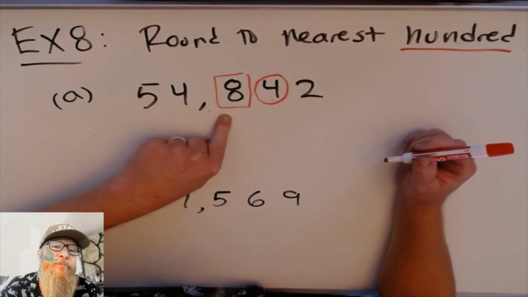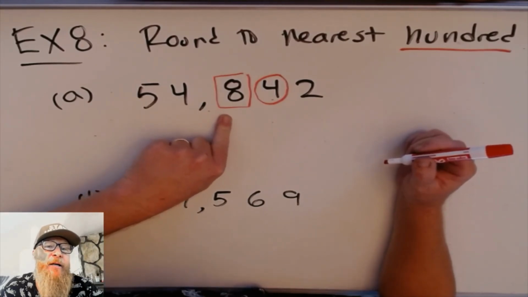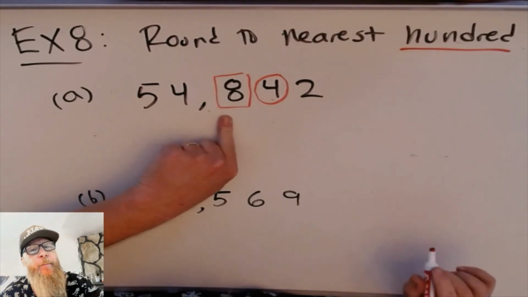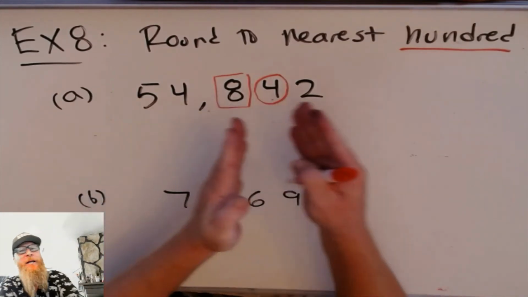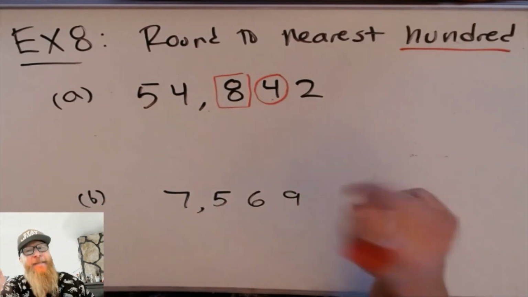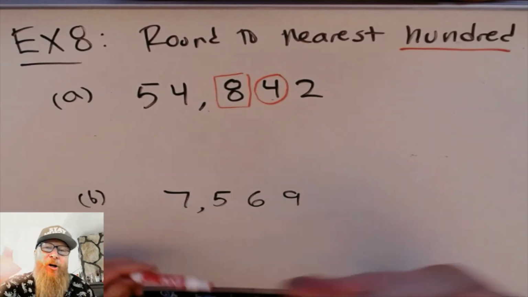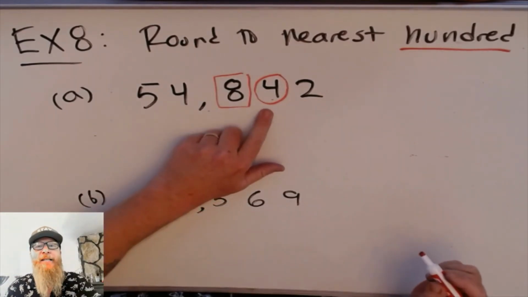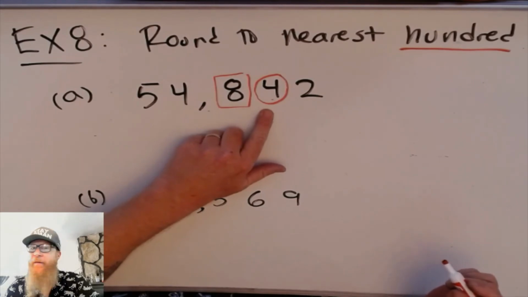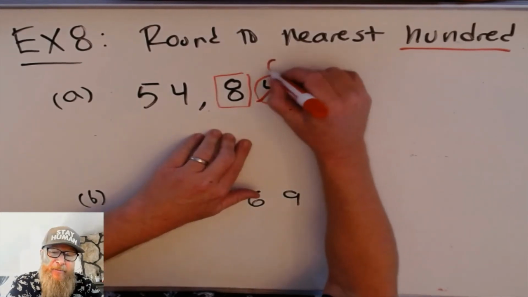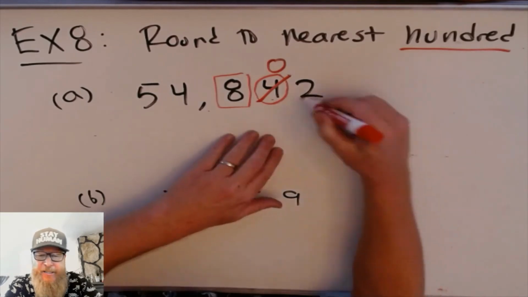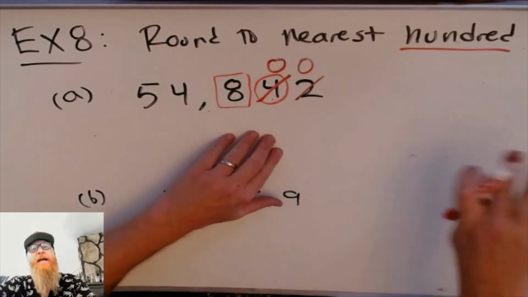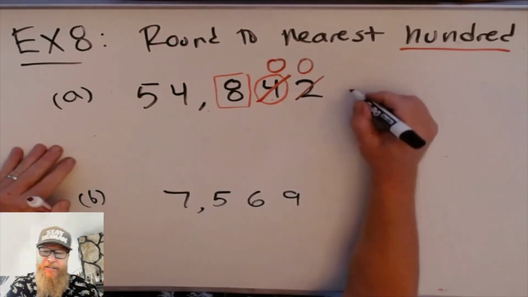Right-handed people. I hate to break it to you left-handers out there, but right-handed people make up all these rules. So the rule is look to the right. That is the dictator. The dictator is always right. So the dictator is a 4. That is not bigger than 5. So that's going to become a 0, and then every other digit past that to the right becomes a 0. So this one becomes